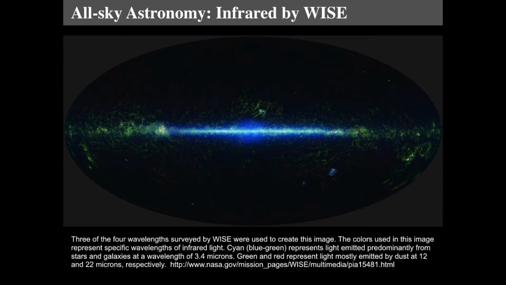But the green actually has a puffy structure, and that puffy structure arises because, again, dust is associated with star-forming regions. Unlike the optical image, the infrared image of the blue that shows the starlight is not impeded by the dust, so it travels through the dust, and we can see the light of the collected stars in the infrared image. It also shows us that when we look towards the center of the Milky Way, we see most